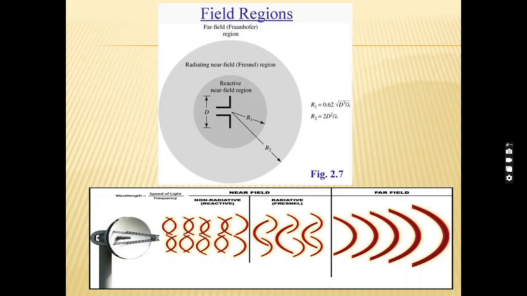If the antenna has a maximum overall dimension which is very small compared to the wavelength, the field regions may not exist. The inner boundary is taken to be at the distance R greater than 0.62 times the square root of D cubed by lambda, and the outer boundary at the distance R less than 2D squared by lambda, where D is the largest dimension of the antenna. Now the far field region is defined as that region of the field of an antenna where the angular field distribution is